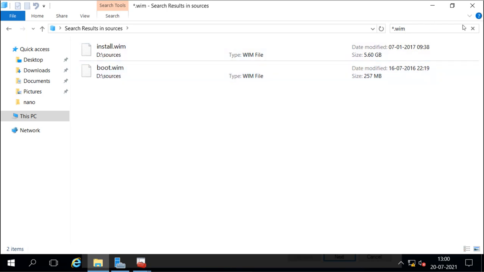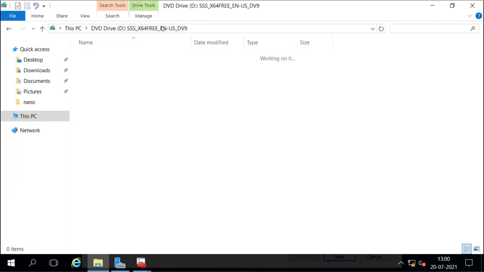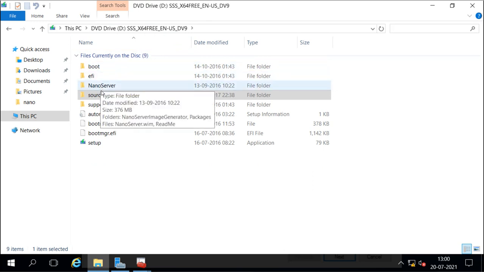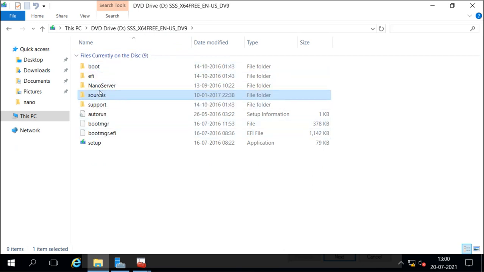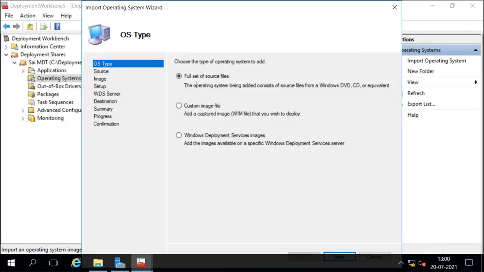You can see there are lots of other files, and DLLs, and also boot, EFI, nano, and all these other things. So if you want to have a full set of files, then you can go for this full set of source files.